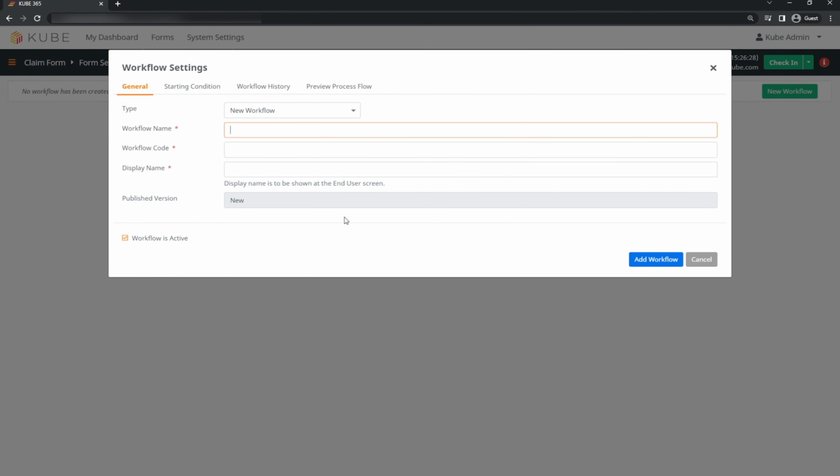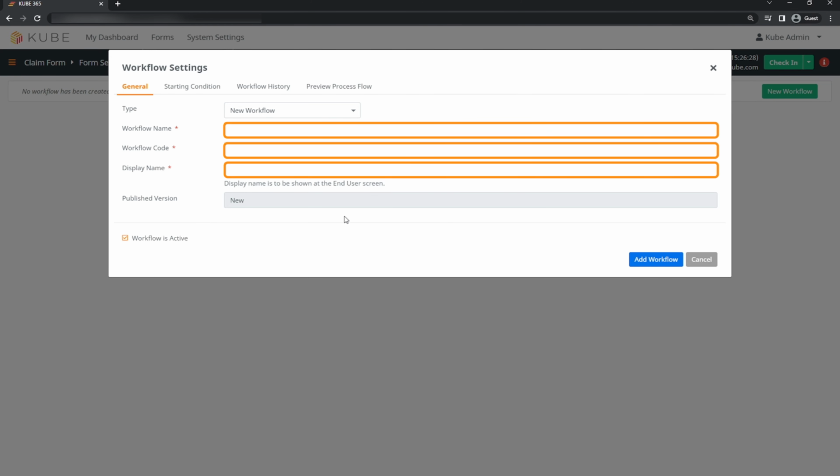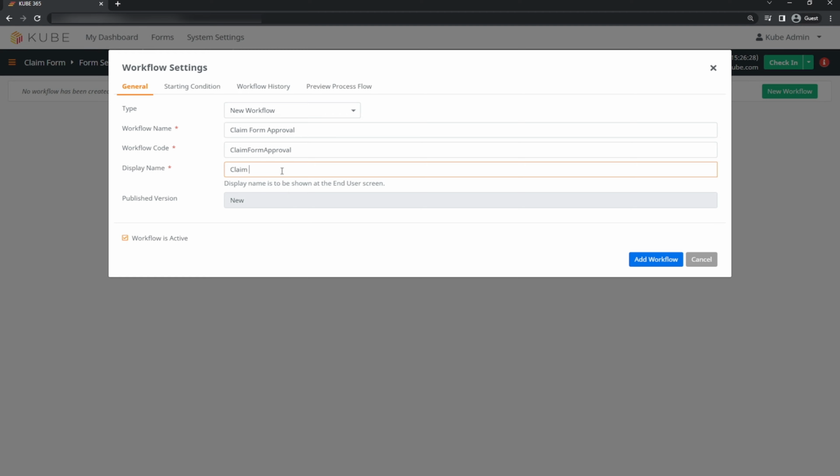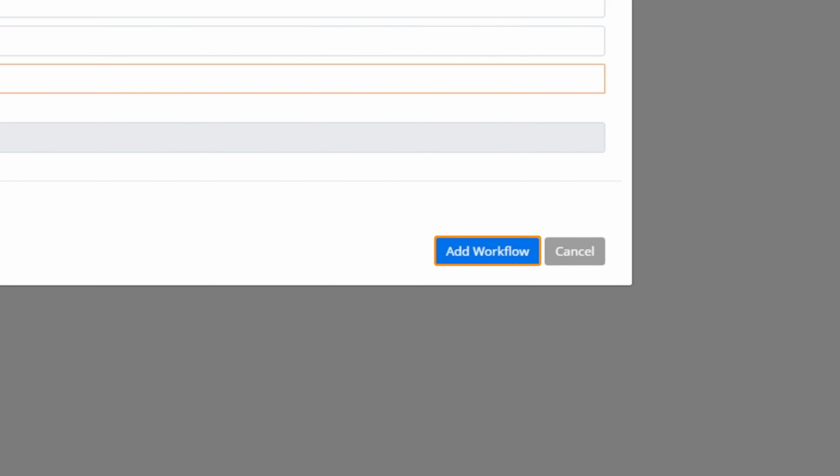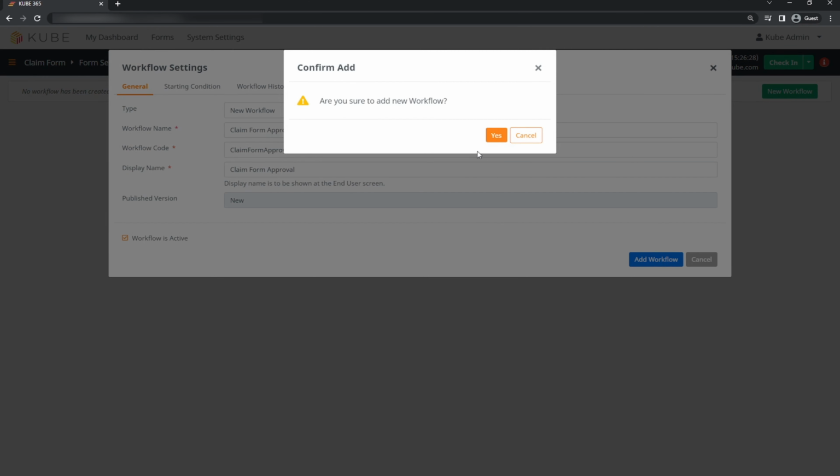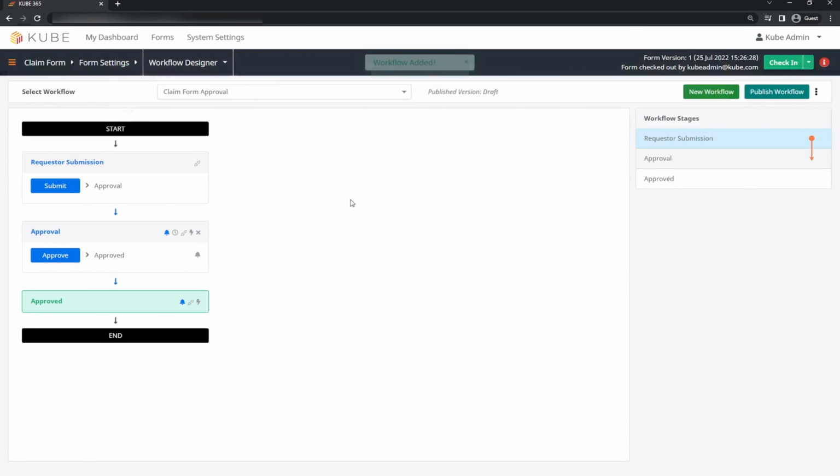You will see a Workflow Settings pop-up window displayed on your screen. Proceed by filling in the necessary information. Once you are done, click the Add Workflow button. Since a new workflow has been added to this form, you may begin editing the workflow in the Workflow Design